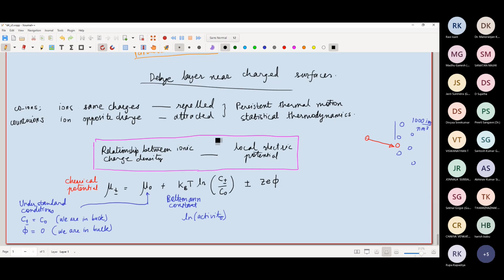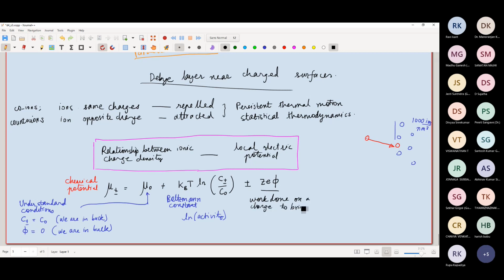Not going into the derivation of this expression because that goes into physical chemistry and that takes time. Now what about the last term? The last term, if you recall from electrostatics, Z e d phi is like the work done on a charge to bring it from infinity, right? Do you recall this? It is the work done on a charge